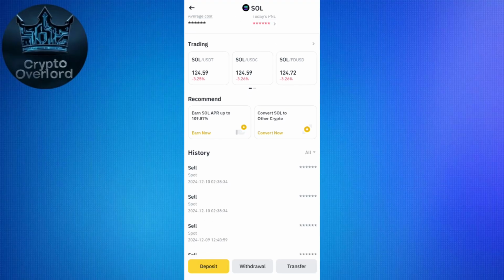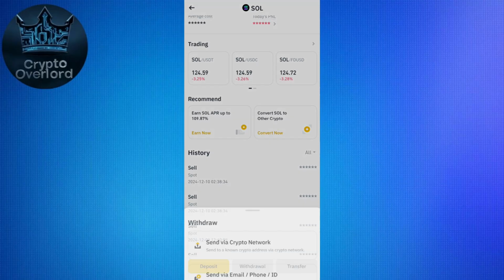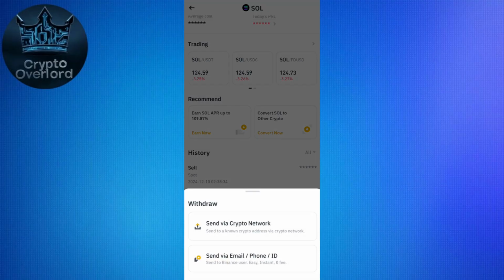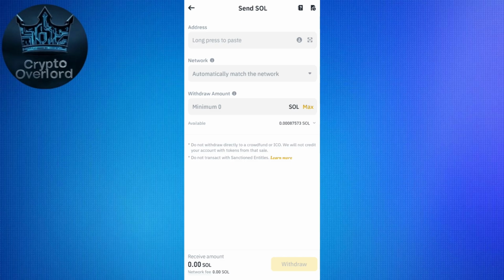Now after selecting Solana, you will see the withdrawal option in the bottom, so you need to simply tap on it and then select the option of send via crypto network. Now once you do this, you will be landed on this page where it will ask you to provide the